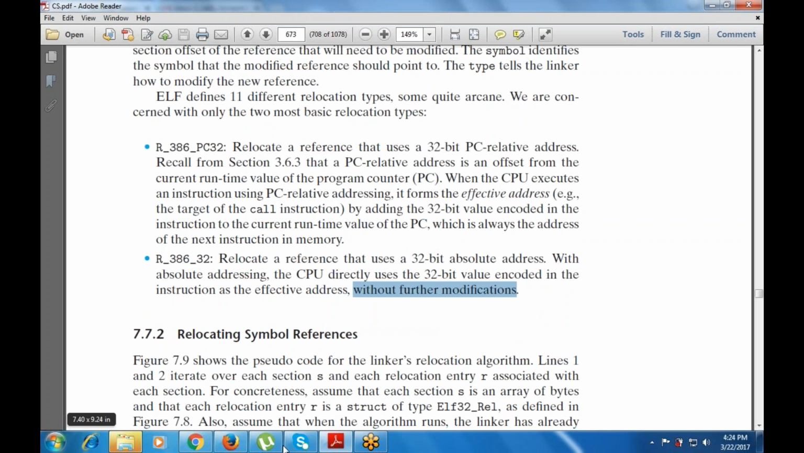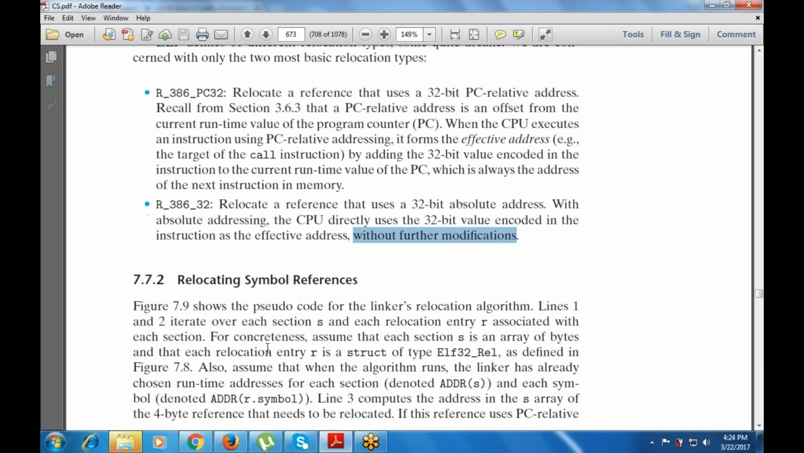The next topic is relocating symbol references. This shows pseudocode for the linker's relocation algorithm, which iterates over the sections, and an entry is processed for each section. For concreteness, assume that each section S is an array of bytes and each relocation entry R